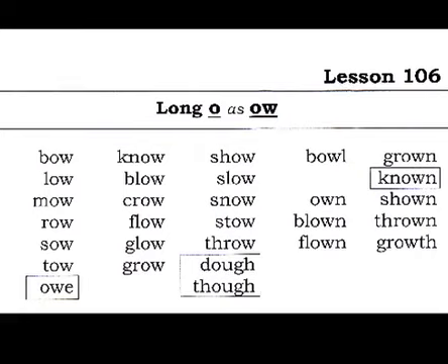We had 5 different ways of spelling long A, and now how many ways have we learned to spell long O? We had O consonant E, we had O-A, and now we have O-W, as in bow, like a bow tie, mow the lawn, flow, grow,